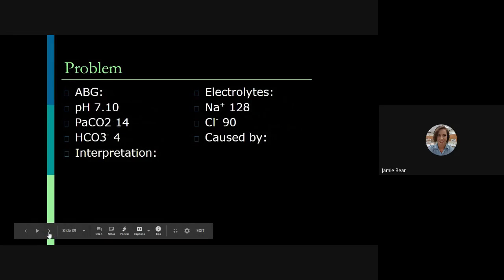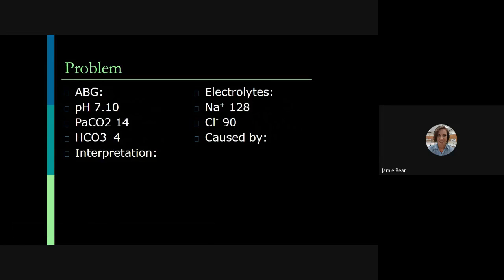Okay, 7.10, 14 and 4. This patient has a metabolic acidosis with partial respiratory compensation. The electrolytes then are 128, 94. So if we say 128 minus 94, we're going to look at that anion gap. And we said before that the anion gap should be 12 as normal. So